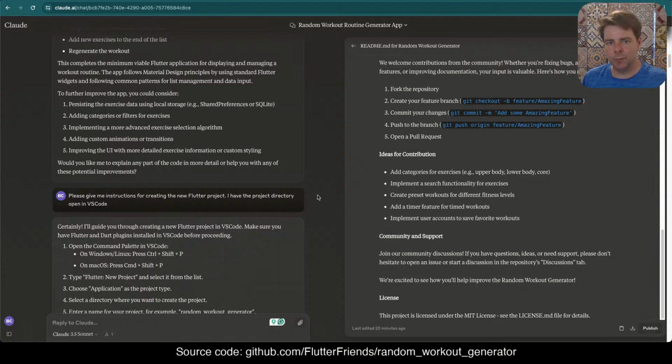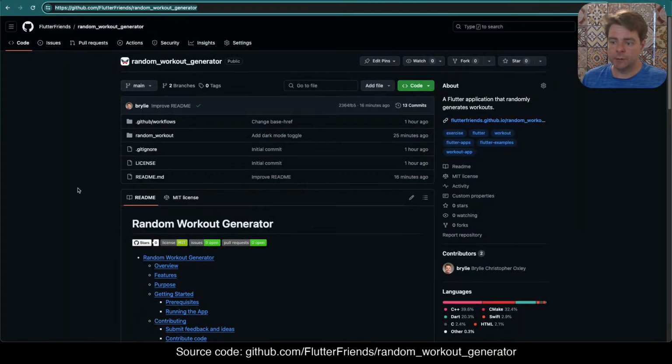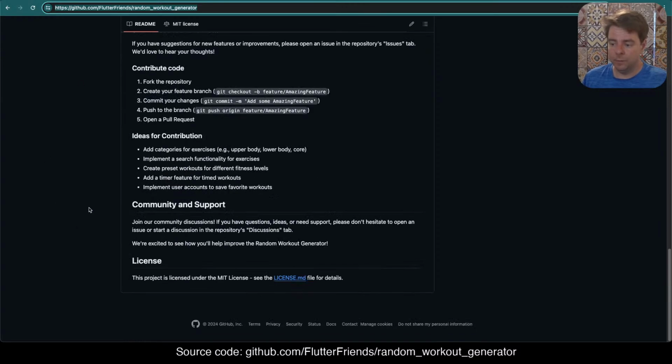Okay, well, that's been a pretty long recap. But again, if you'd like to check out this code, it's open source on GitHub. Feel free to use it for your own needs and ideas, or you can contribute to this project. If you got some ideas, you can open an issue or a pull request. So we welcome